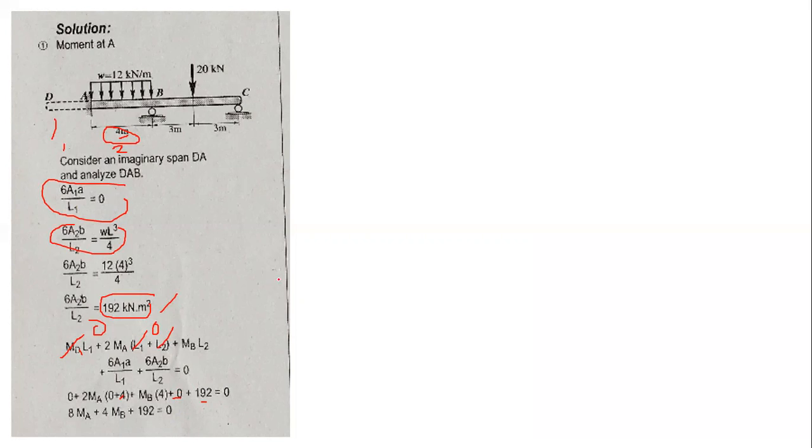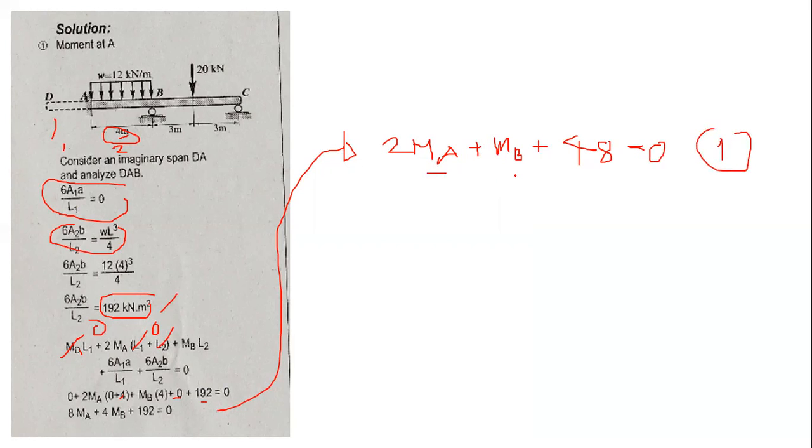Okay? But we can still further simplify this one. Divide both sides by 4. So that becomes 2MA, okay, plus MB plus, ang dinivide natin 4, no? 192 divide 4, that becomes 48. No? Ito na ngayon yung magiging equation 1 ninyo. For you to compute MA and MB, you should need 2 equations. Kaya from that, gagawa na naman tayo ng equation ng